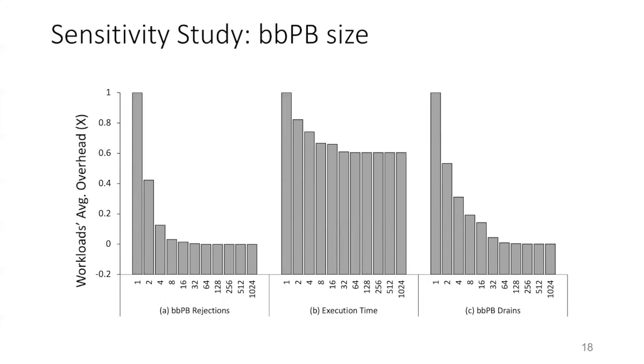The final result we would like to share with you is the sensitivity study we did to come up with the 32 entries as our default size. On the y-axis, we show the workload's average overhead when we change the size of the entries from 1 to 1024 as shown on the x-axis, and all these numbers are normalized to the size of 1 in each group. The first group here, A, shows the number of times the processor had a persist request being rejected because the persist buffer was full. And this will be translated to execution time overhead as shown on the middle part here, B. Finally, the third part, C, shows the impact of changing the persist buffer size when it comes to the